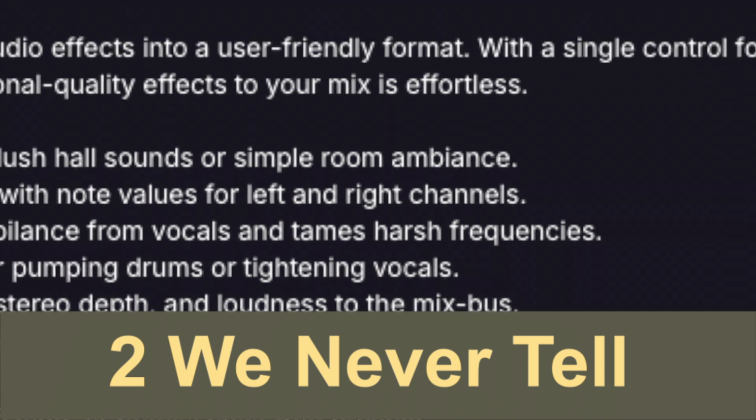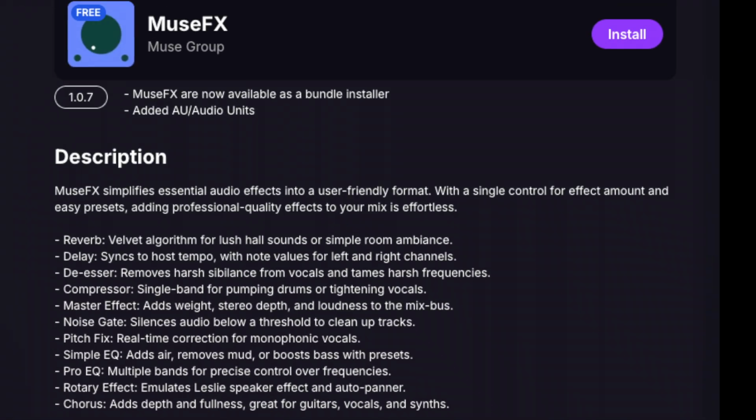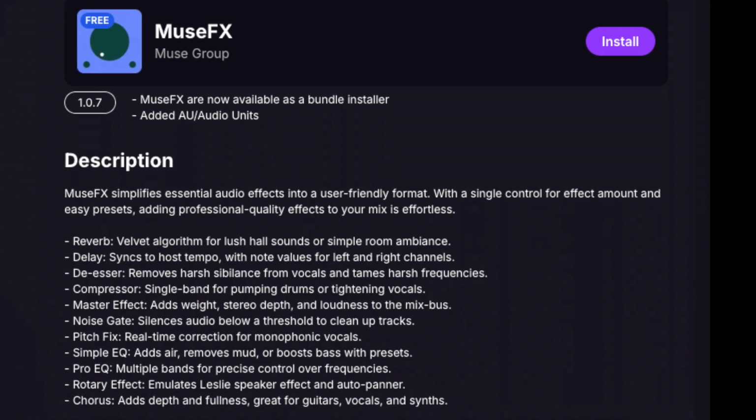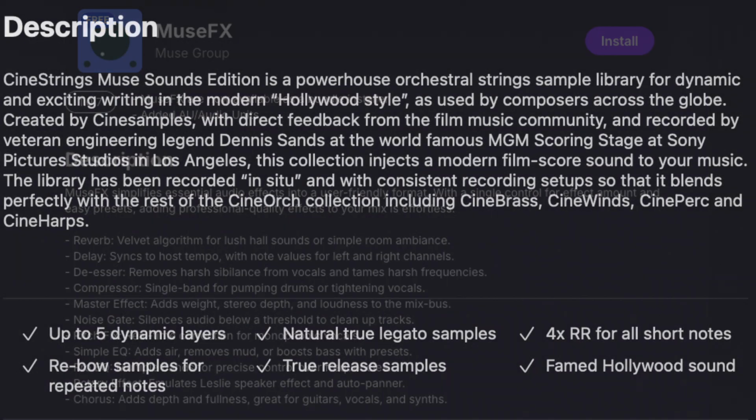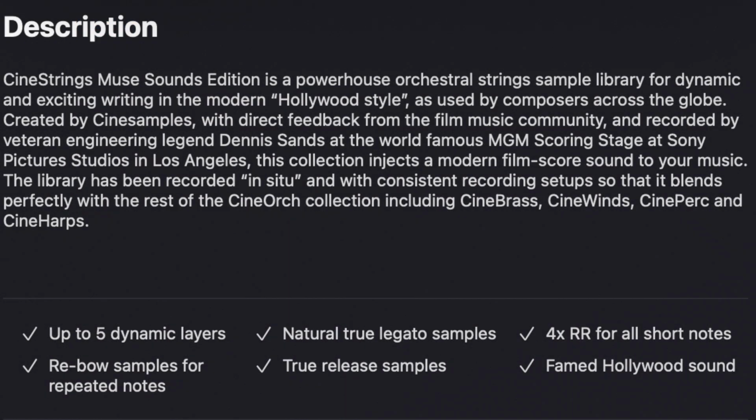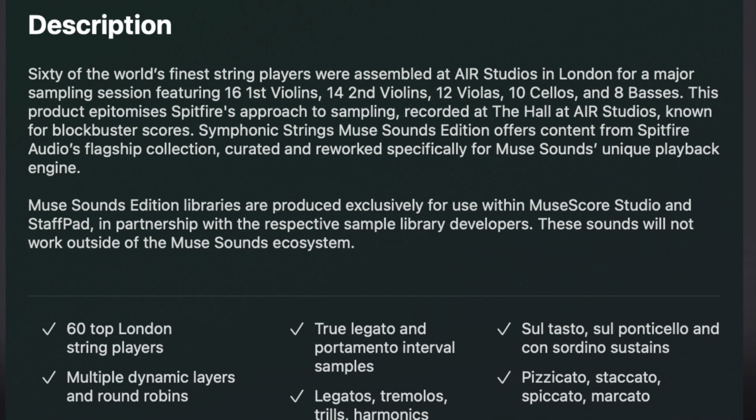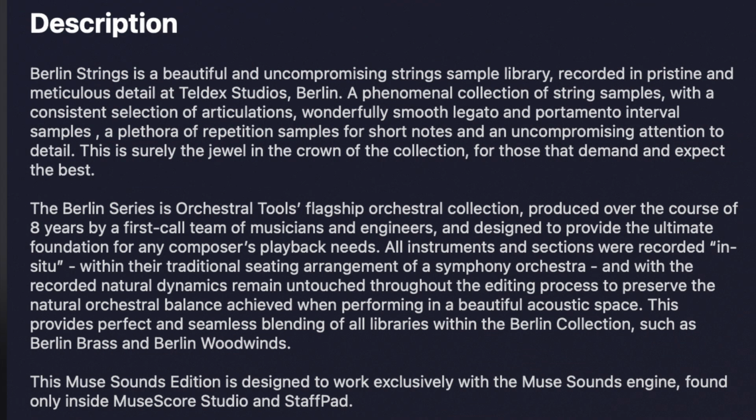Here's the sum of their documentation. And now, the total documentation for all of MuseFX. As for Muse Sounds, you're reliant on advertising guff, like these descriptions of 4 string libraries, which means you don't get consistent documentation across sample libraries. Although there are nuggets of information, like the Berlin strings are recorded in traditional orchestral positions, we don't know if that applies to the others.